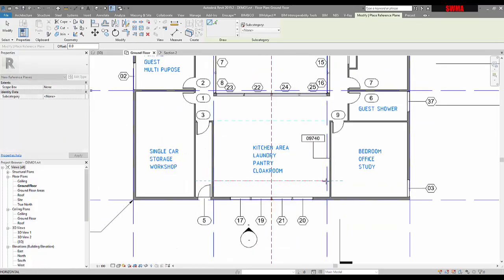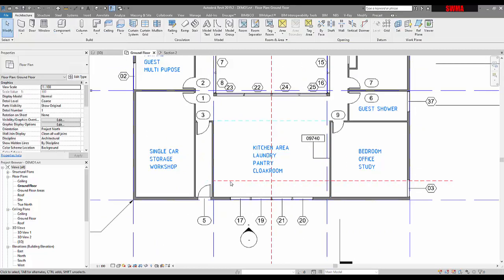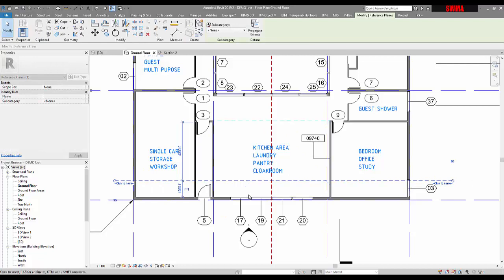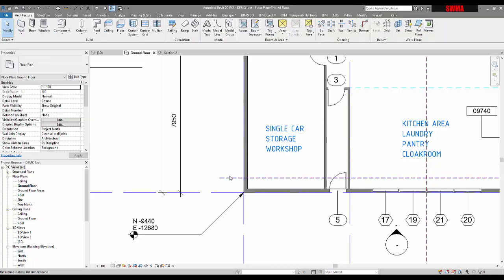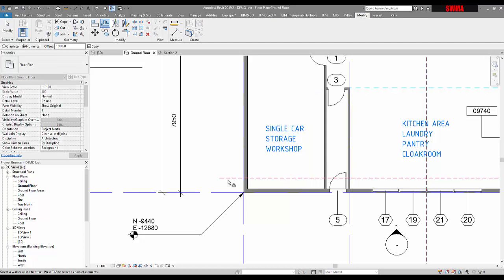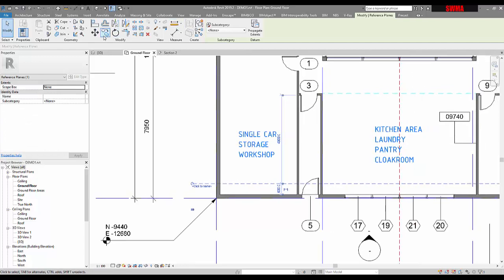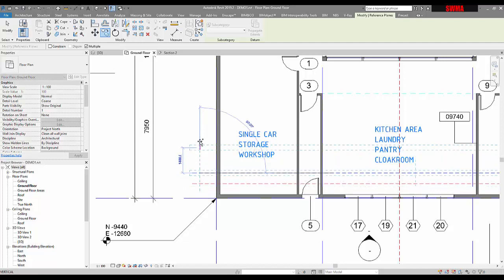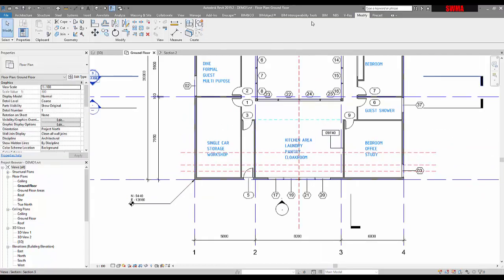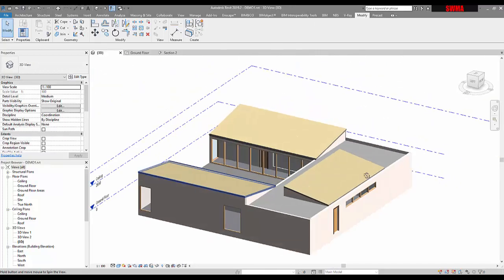So I want to maybe have a reference plane here, and this could help me with the planning of the kitchen. And at the moment it's set at 1200, but maybe I want everything to be at 600 units. Reference planes will just help me align those units further down the track. So I could probably just copy that one across. And when you're copying stuff, I've just got the multiple turned on, constraint turned on, and maybe this one's 1200. So those are reference planes, but you're not going to be doing that in the 3D view for this particular